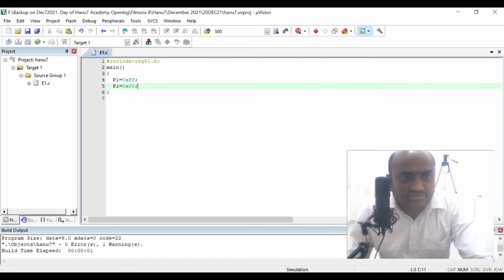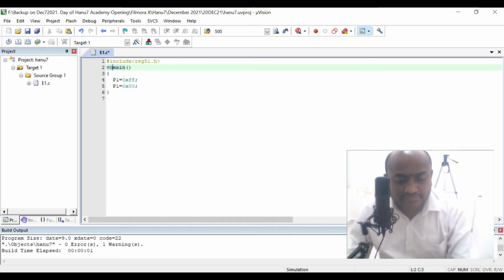Here I didn't get any warning, it is telling the return value is missing, so it is telling that I have to use void main. If I write void main, it will get 00. Sometimes it will ask like that. It is not mandatory to write void, so there is nothing we need to be returned, but it is asking, so I kept it here. So I got 0 errors, 0 warnings.